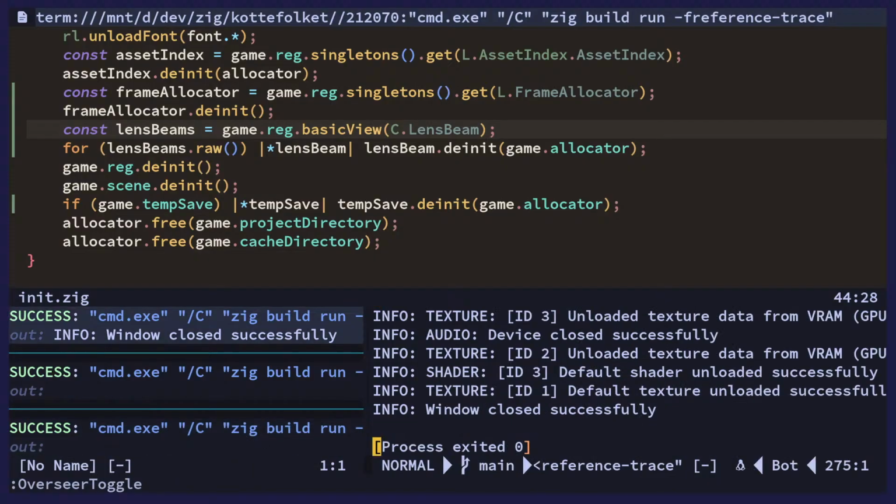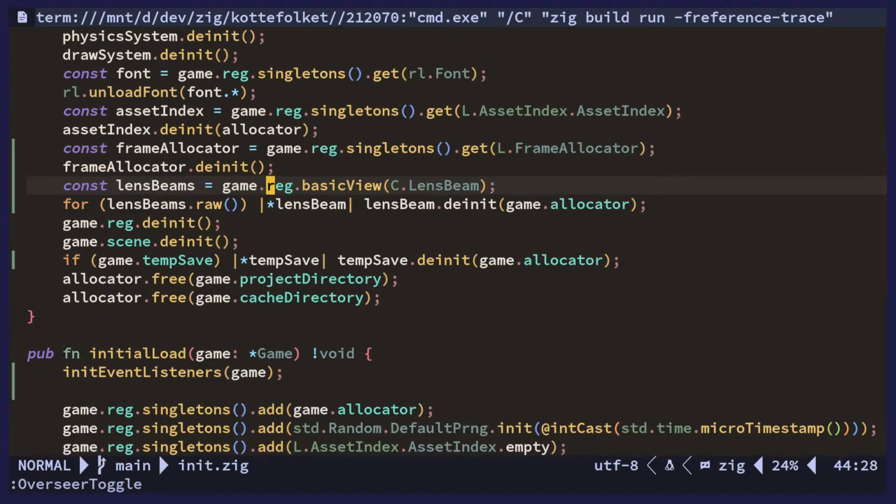Okay, now we don't get leaks. Okay. Well,